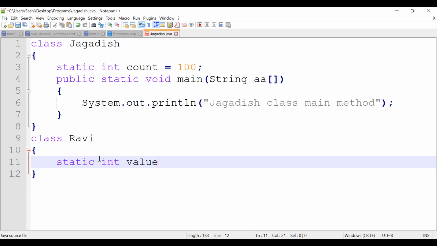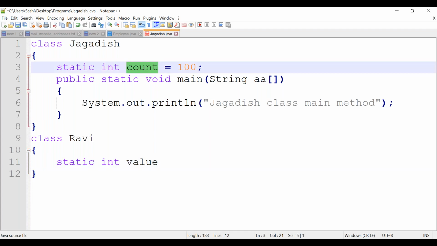One more point I want to highlight about static attributes. It is a good way of declaring: a static variable should be in complete capital letters. So far we have seen that even an instance variable and a local variable can start with a small letter, but anyway I can cover that later.